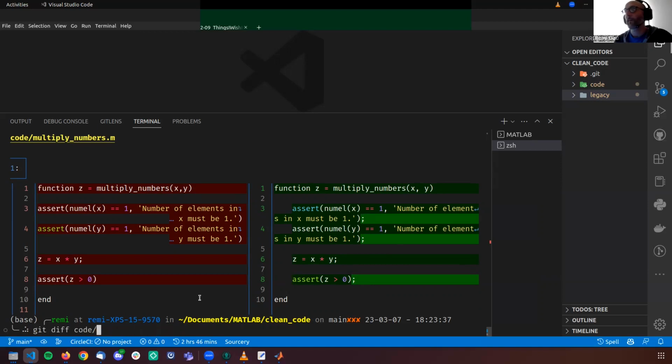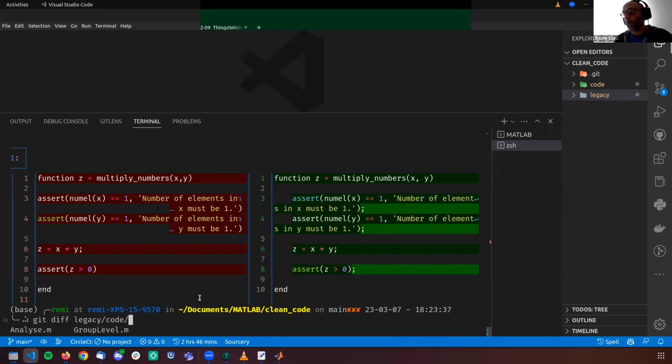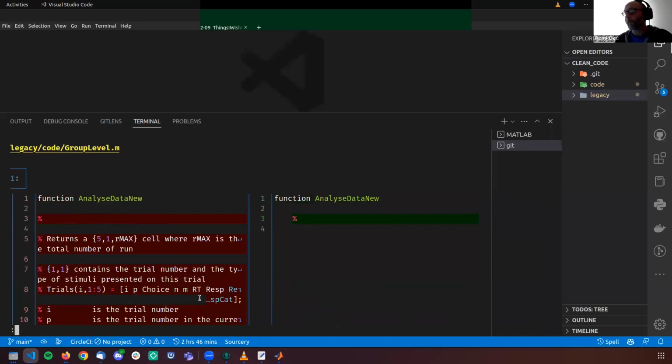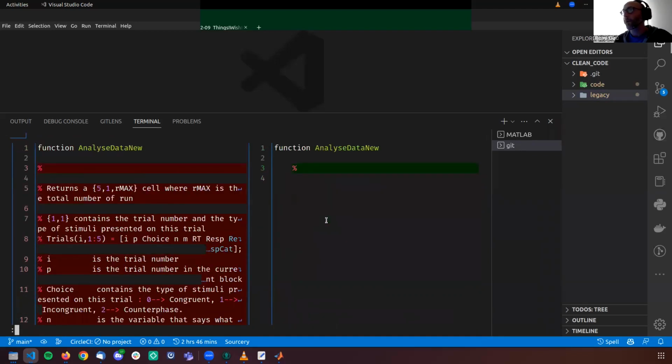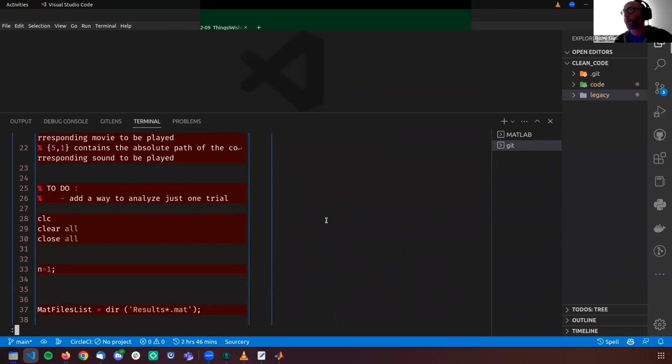Now, if you take a more complicated function, like in the legacy code, what is it? I don't remember, group level, you can see that now there's going to be a lot more changes applied here.